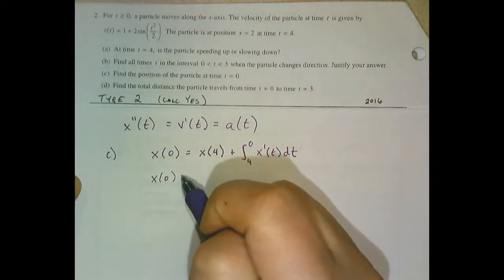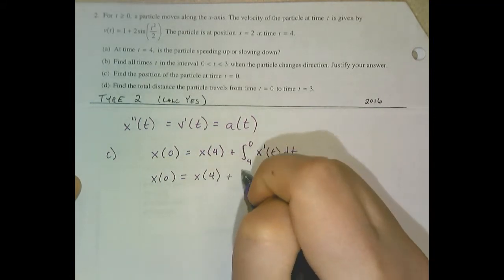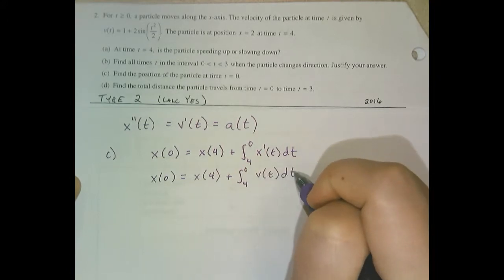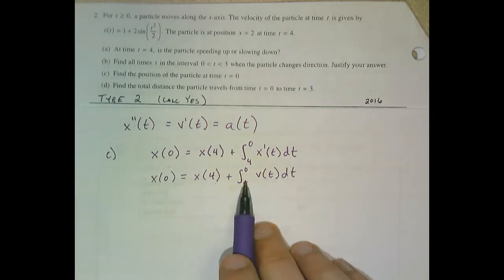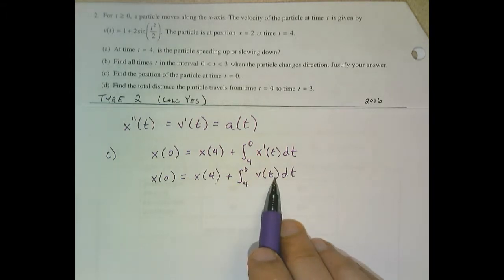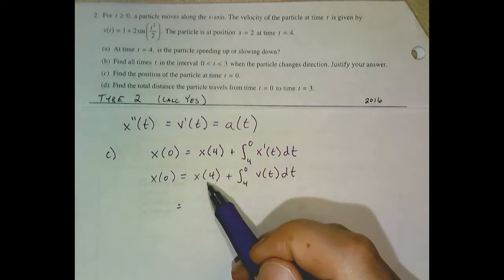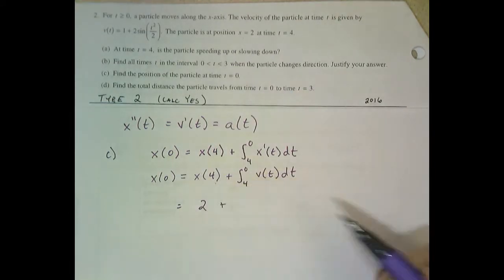Now, x prime of t is the same thing as v of t, and they give me the v of t equation. So I have everything I need to simplify the right-hand side of my equation. X of 4 is 2, and that integral,